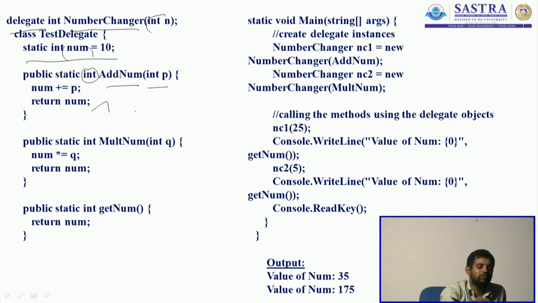In the same way, we have something else called mult num, which is going to be another function, right, which is accepting one argument called q. This is going to get multiplied with num. So that outcome we are trying to return here,